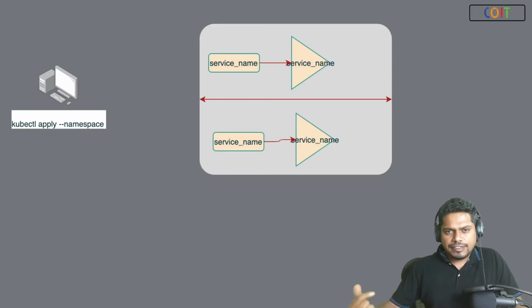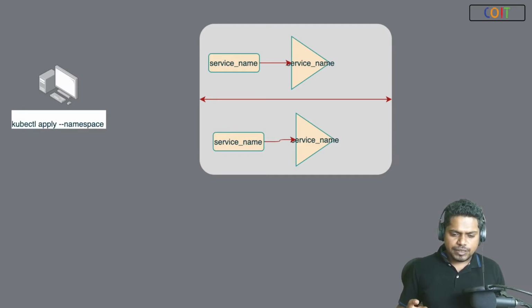There is no change of the YAML file that you need to make when you want to deploy the same application across multiple namespaces. That way you can separate the concerns, or you can run some applications in one namespace and other applications in another namespace based on the project requirement. And this is a very important requirement that every company will have. They want to